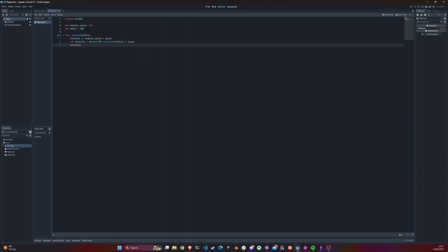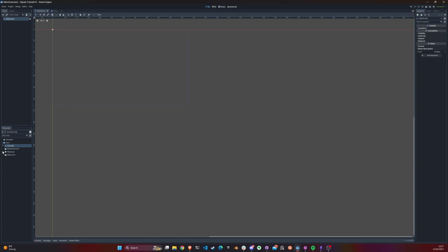And now we're just gonna update our position. Velocity times delta. Great. So with this, if we come back to our main scene and we add a player here,